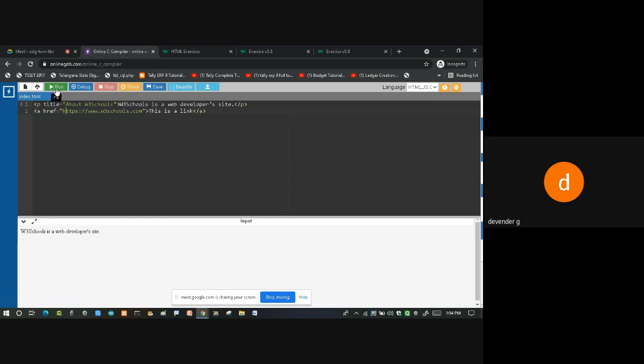Now I'll run this and you can see I got the output. This is a link and you can see it is in blue color. Most links you will find in blue color and underlined. Also, my cursor is a pointer; whenever it goes onto this, it turns into a hand. Down below you can see www.w3school.com.